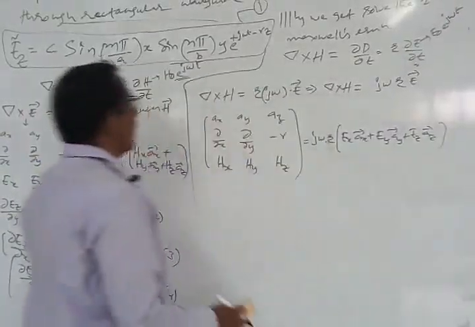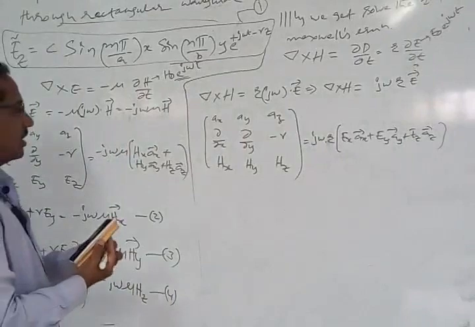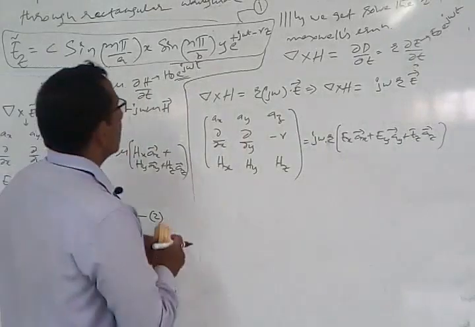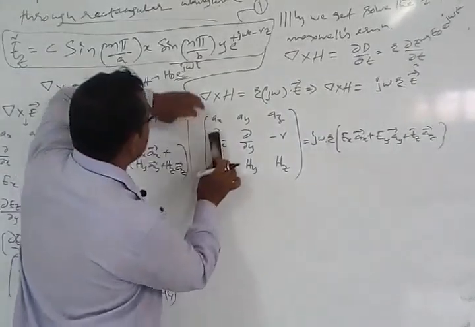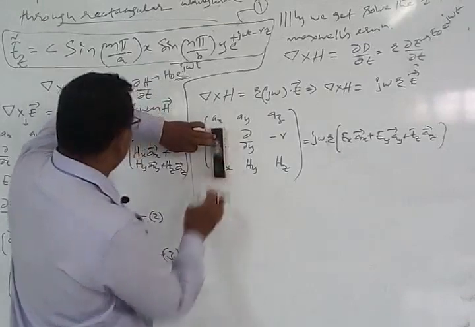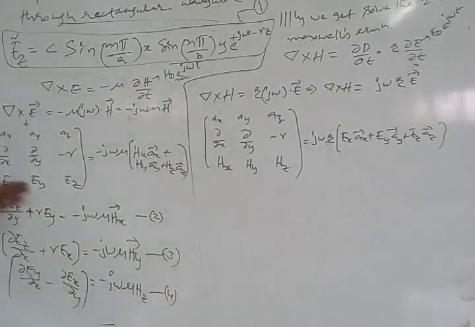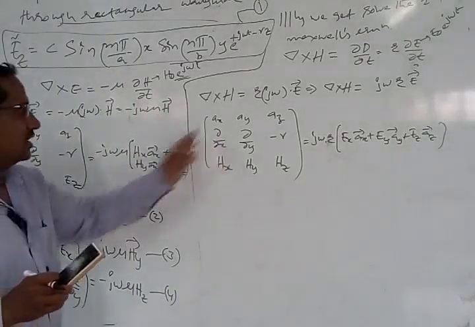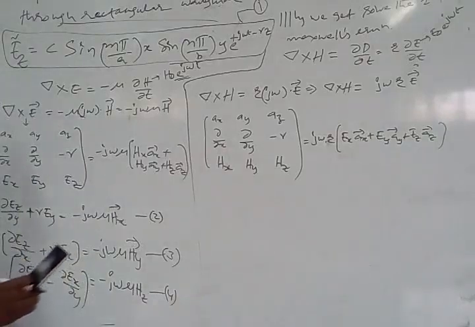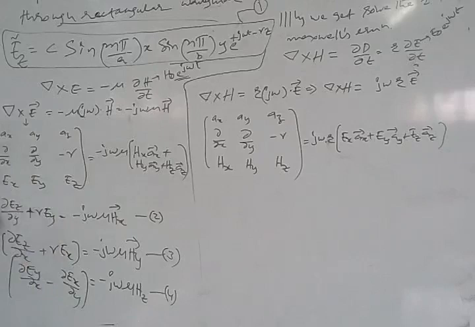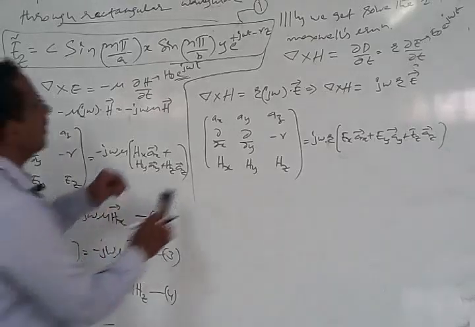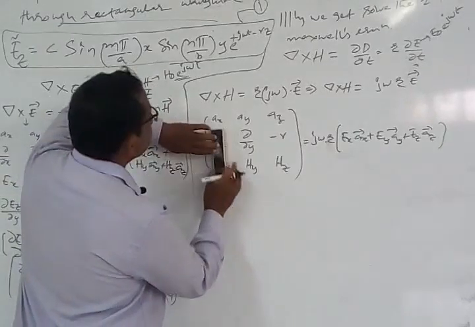So now let us solve this determinant. By solving the determinant, what can we have now? First of all, we will go for solving this. Whatever equation we have on the left hand side, almost the same thing we are going to get, because everything is the same except E is replaced with H. So on the LHS we will have the same kind of equation, alright. So don't get confused with this now. So let us solve this now.